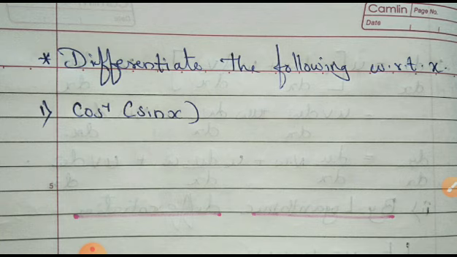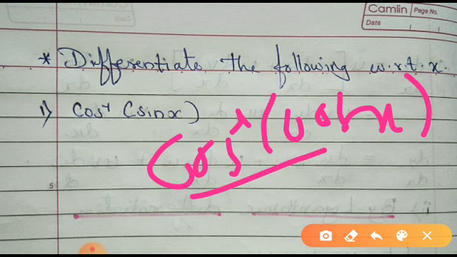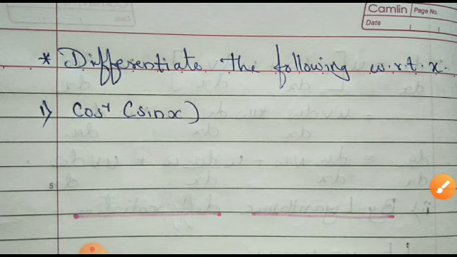The first is you have to find the derivative of cos inverse of sin x. Now, do you remember that cos inverse of cos x is always equal to what? It is nothing but x itself. Here it is given as cos inverse of sin x. But sin is the complementary ratio of cos, yes. So I can write sin x as cos of pi by 2 minus theta. So let's begin with how to solve this question.